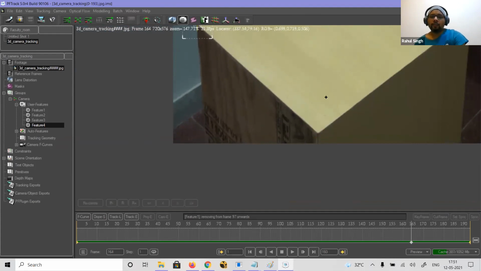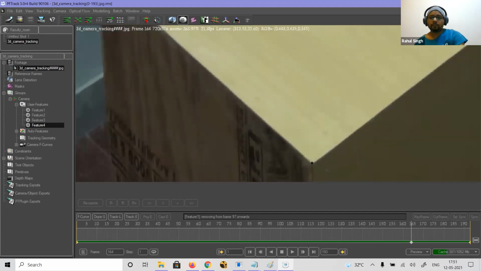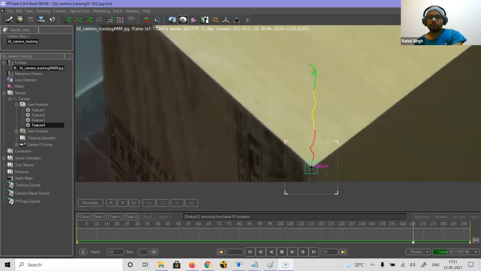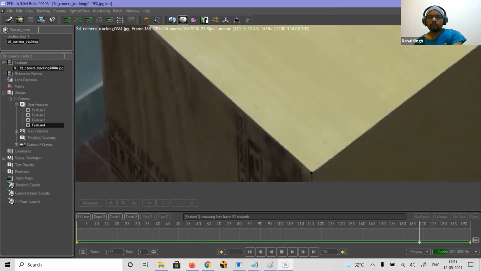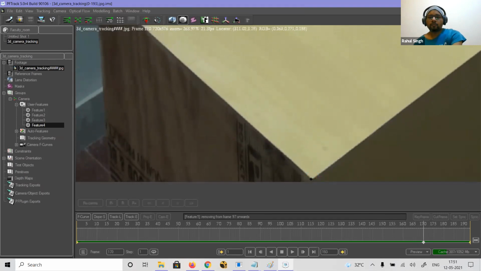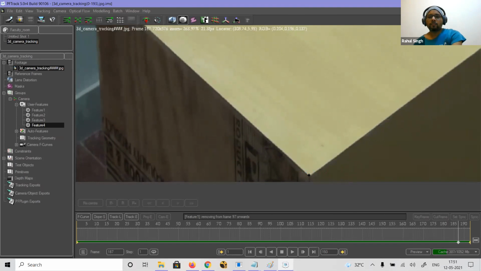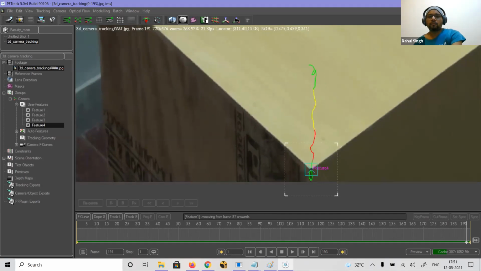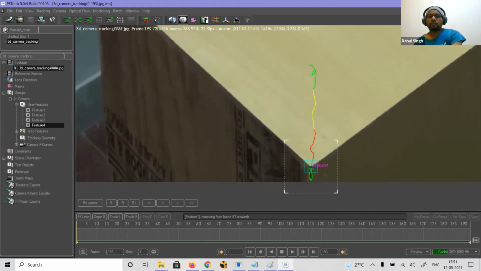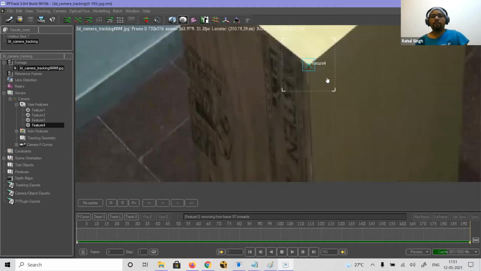So I'll go to the next frame and manually create the points. Okay, done. Four frames have been added, right?